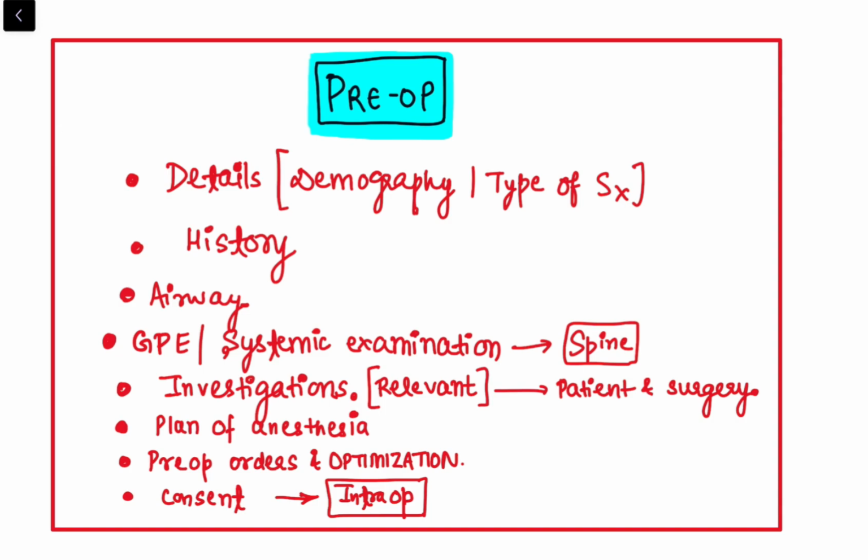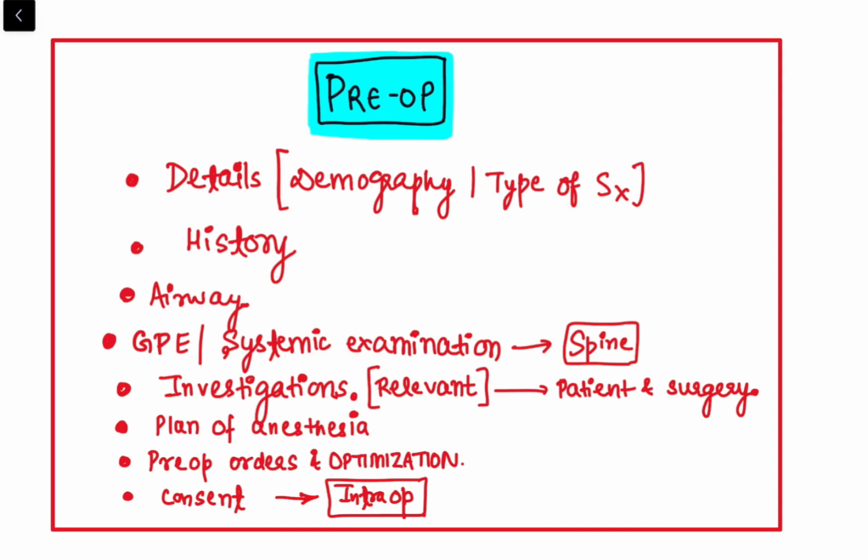So this will help us to understand what type of anesthesia we are going to be dealing with, and that will impact what type of history and examination you'll be focusing on. For example, if it is a hernia surgery and you know that the patient doesn't have any comorbidity, and you evaluate the patient, and finally you'll realize that this is a surgery which has to be done with a neuraxial blockade, preferably. Obviously a failed neuraxial will always undergo general anesthesia, but if it is primarily an uncomplicated